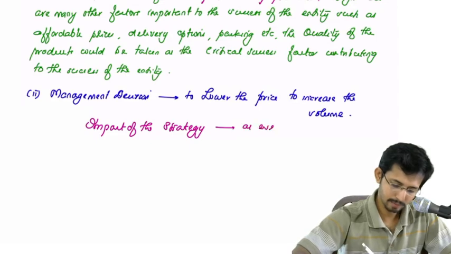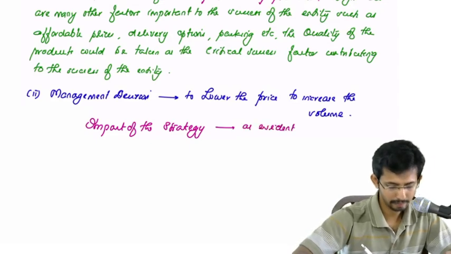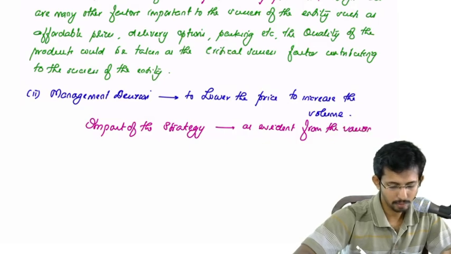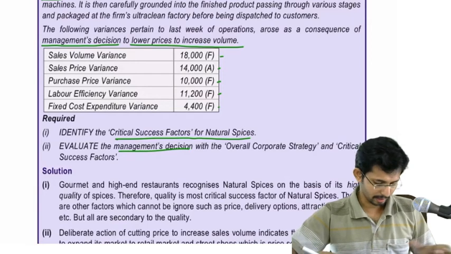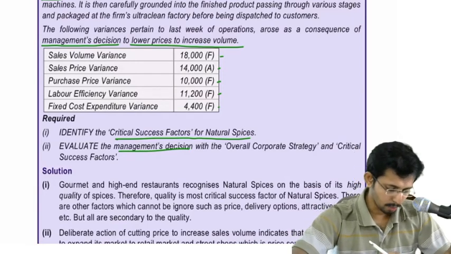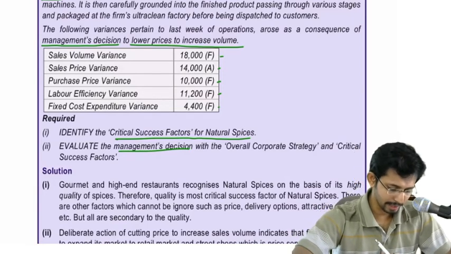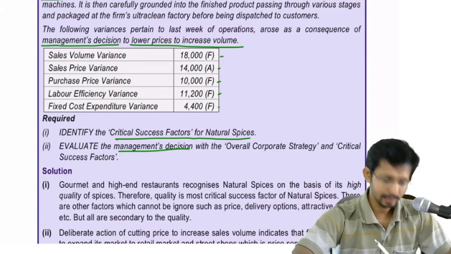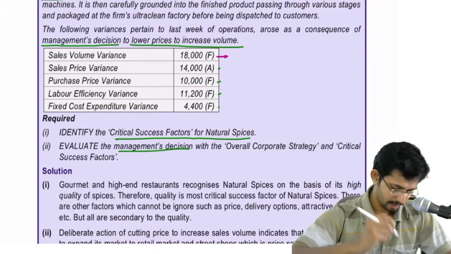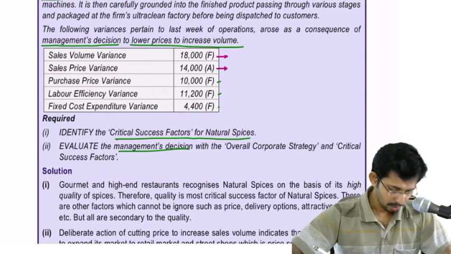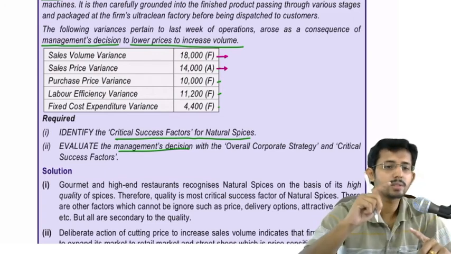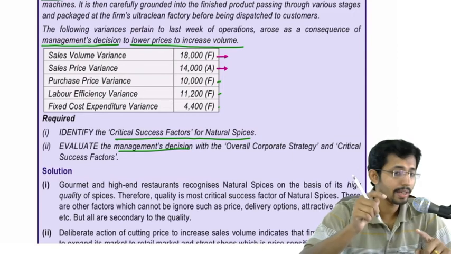As evident from the variances. Okay, now how can you evaluate this strategy? See, what has happened to sales volume variance? Sales volume variance has increased. It's a favorable 18,000. And what about sales price variance? It is 14,000 adverse. Okay, so there is a favorable variance on account of sales volume, whereas there is an